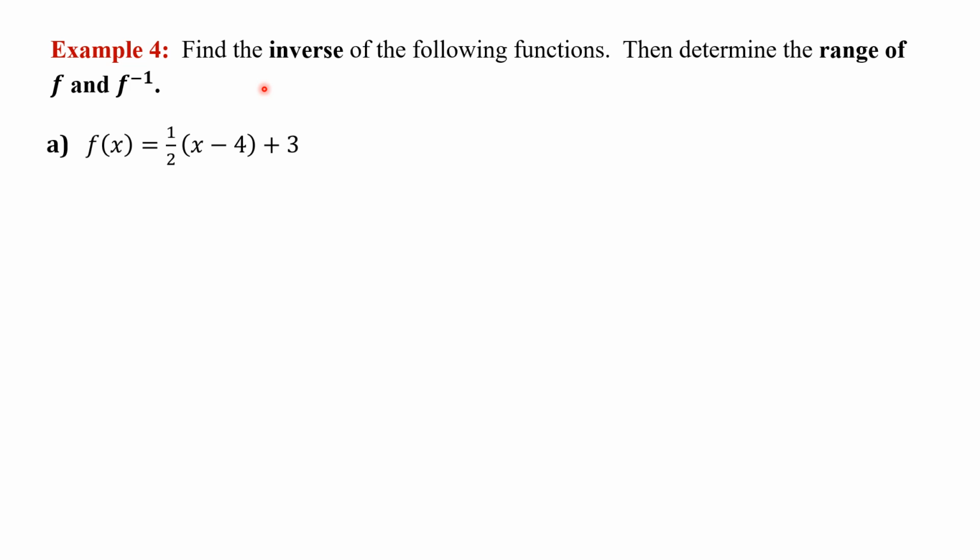Now, in finding the inverse of a function, we will follow a four-step rule. So in this example 4, we will find the inverse of the following functions and then determine the range of f and f inverse. So the given function is a linear function, f of x equals 1 half of x minus 4 plus 3. So for step 1,